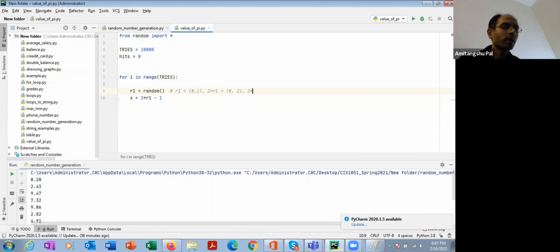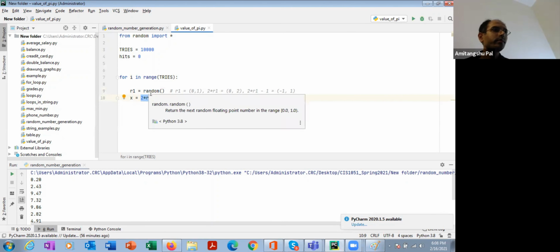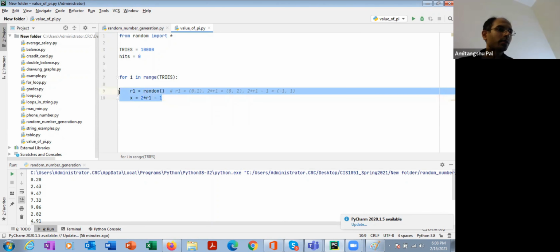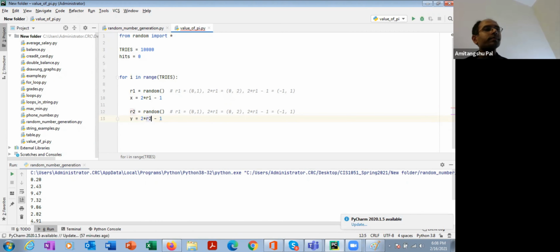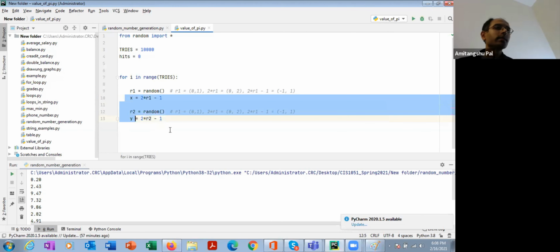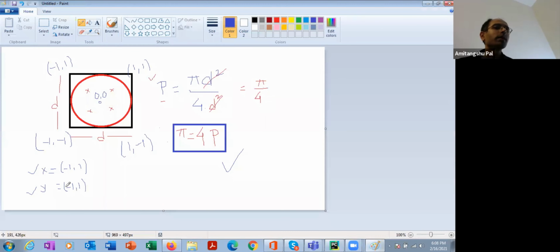That means if I do this operation, I will get a random number in between -1 to 1. Similarly, in the same way, I need to get the value of y. So R2 equal to random, and then y equal to 2R2 - 1. In this way, I can get two coordinates, all of them in between -1 to 1.